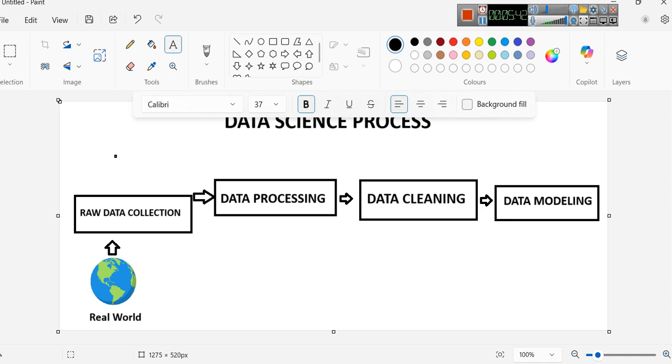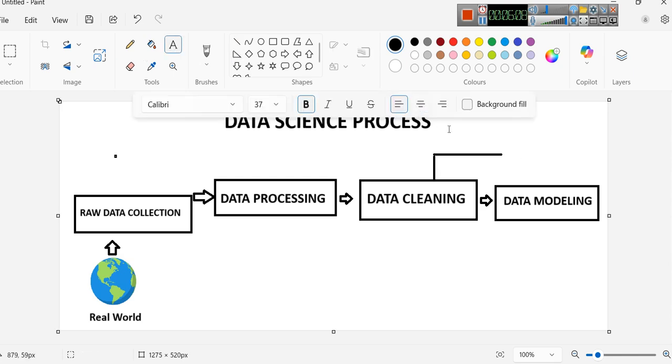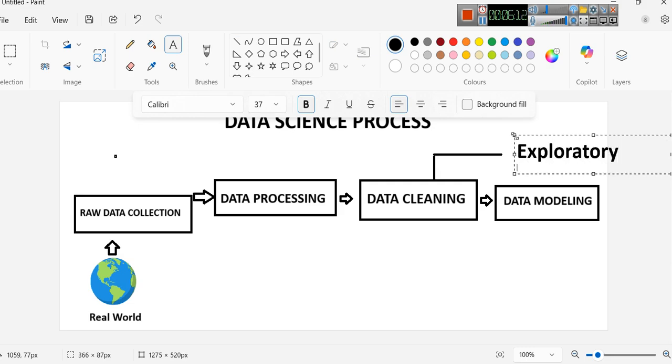Now between data processing, data cleaning, and modeling, we have the exploratory analysis. Once we have done the data processing, we can proceed with exploratory analysis. So here I am going to write exploratory analysis and visualization. So this is exploratory data